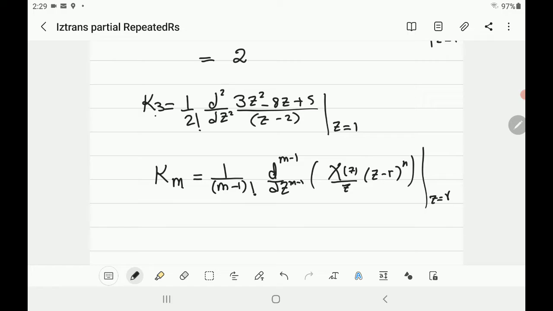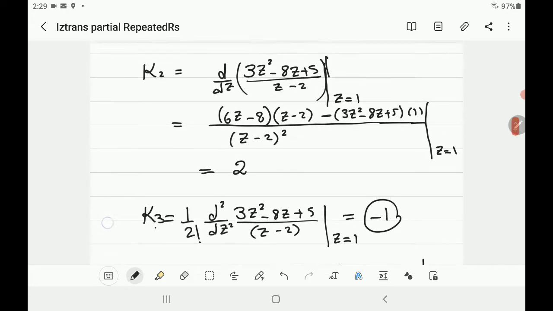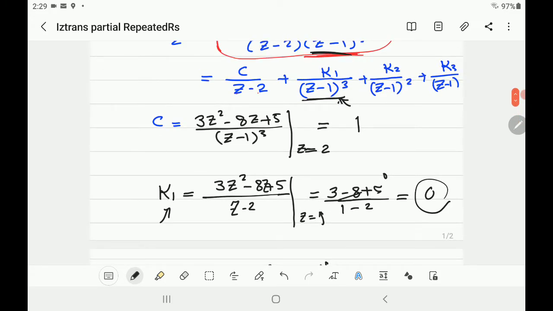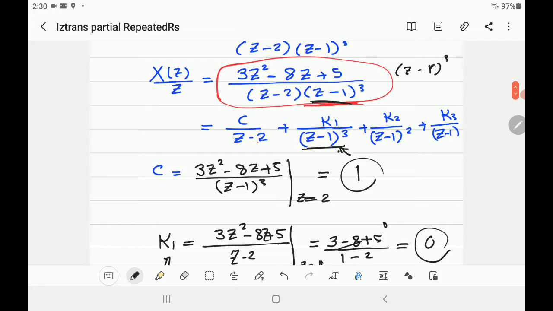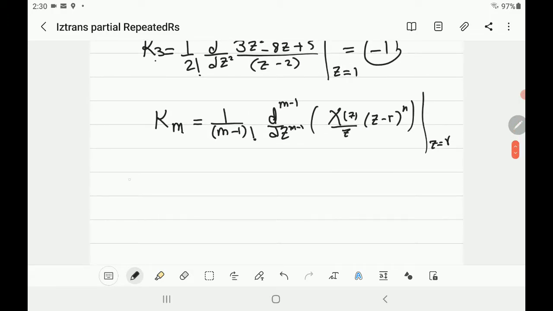Well, so this one I calculated. k3 is equal to minus 1. So we found k1, k2, k3, and so we'll go and substitute in the expression x of z over z. All right, so x, we'll just go up and down. Excuse me for that. So x of z over z is equal to